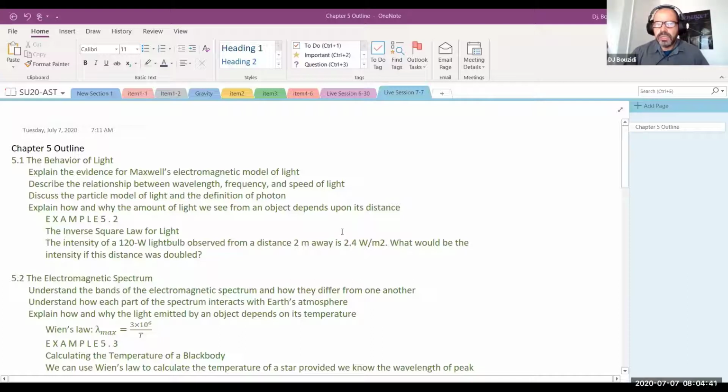Furthermore, you will hear them tell you that such and such star has twice the temperature of the sun, for example, or less than that of the sun. Again, this has to do with light. A lot of the information we get about objects in astronomy is related to spectral analysis, analyzing the spectrum received from those stars. That's the whole purpose of these 2 chapters.